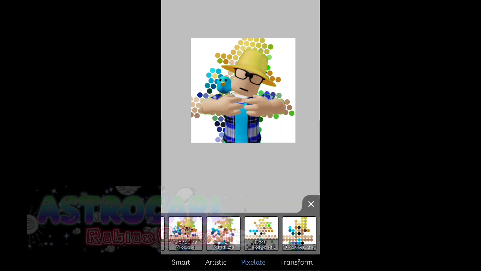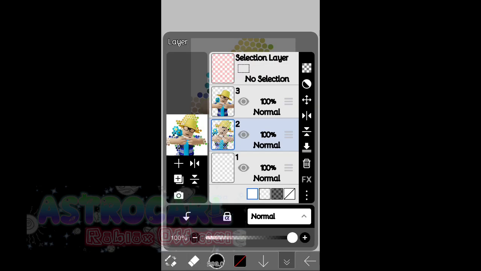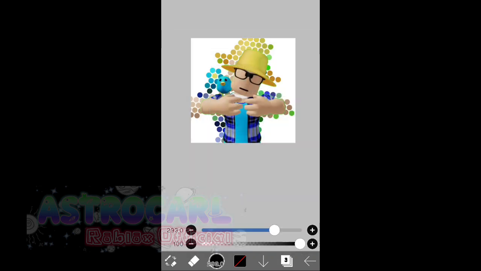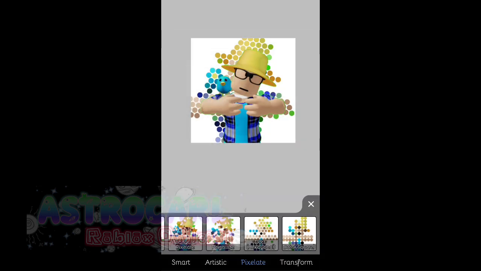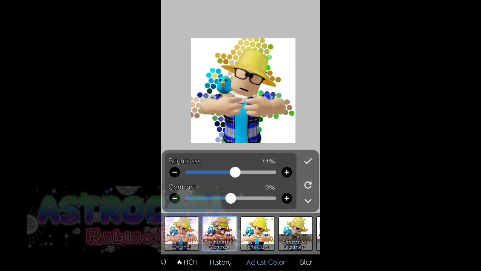And after that you can press the check mark icon. Next, press X, go back to the layer section and press the third layer. So you can edit colors and the outlines. First, I'm going to change the tone of the color. Oh, it's not there. Color. So I can adjust the color.